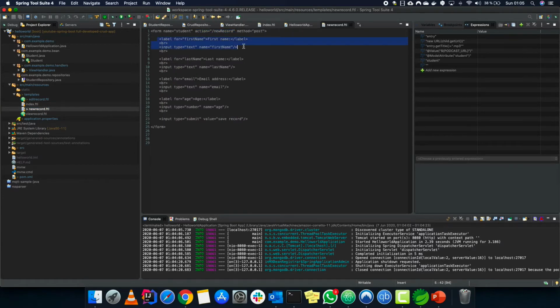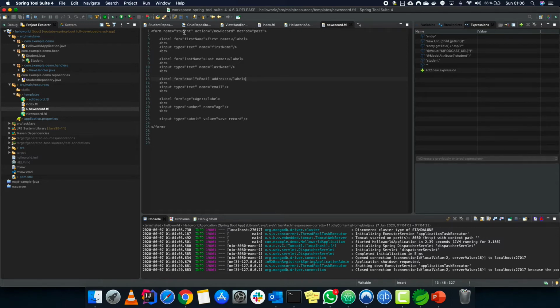Once we are done with the values, as you can see, there is a form.